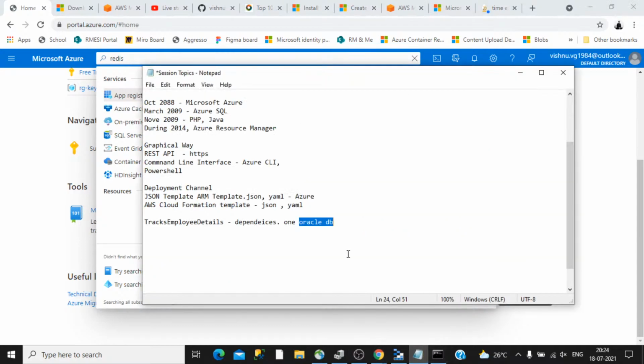But as you don't have that option right now, the only way by which you can move this application to cloud is you have to move all these things. You have to reduce the infrastructure cost and everything. So you can spin up an application virtual machine in cloud, and then you can install this Oracle DB inside that virtual machine, and then you can connect your application to that.